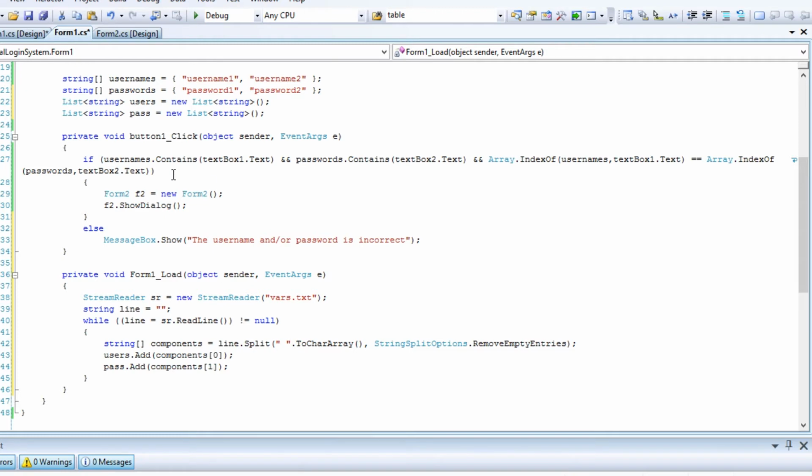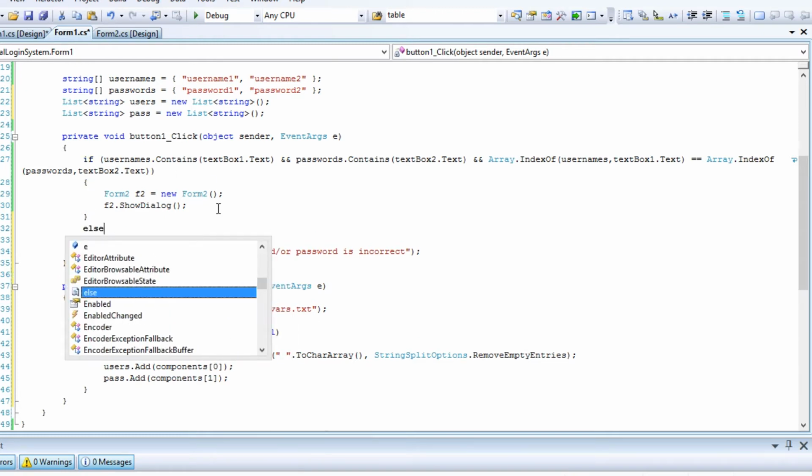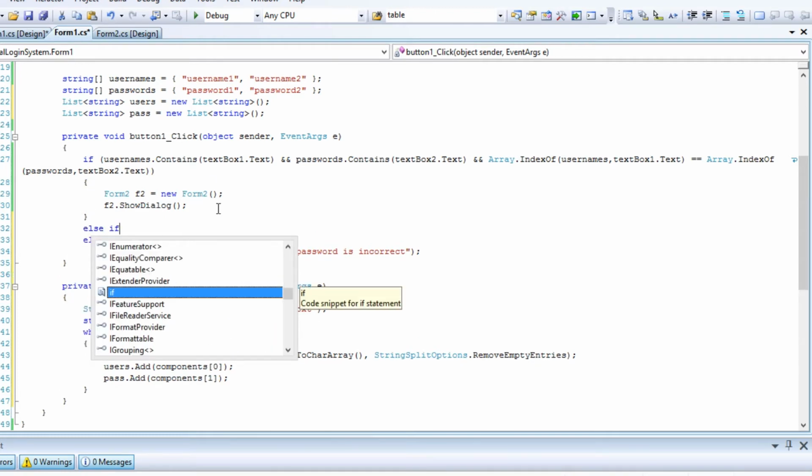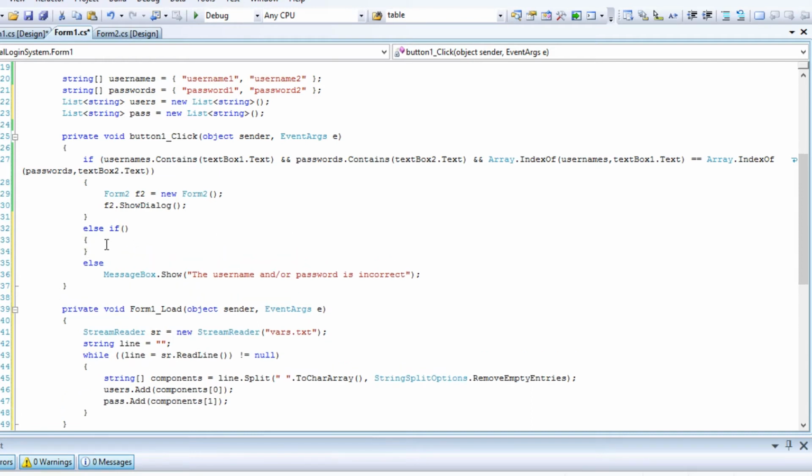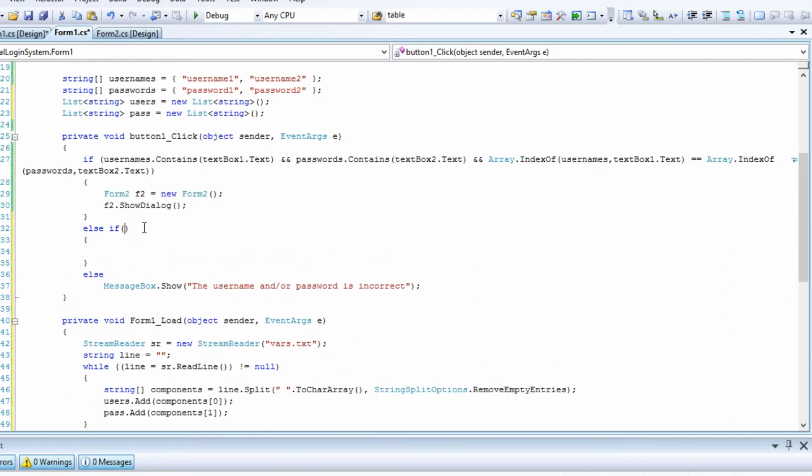Now we need to add new conditions, such as when usernames and passwords from the lists are entered. Because the action has to be the same, just copy the two lines above.